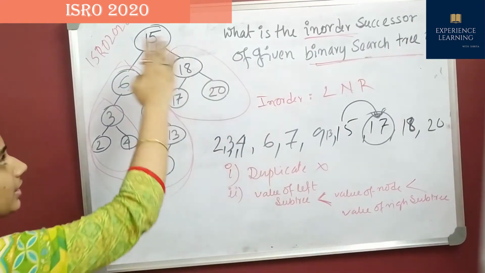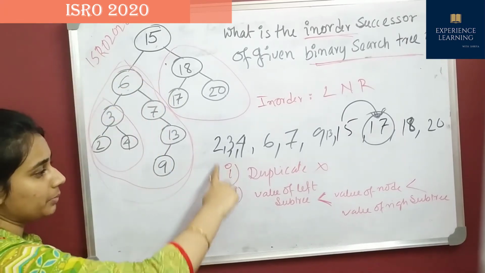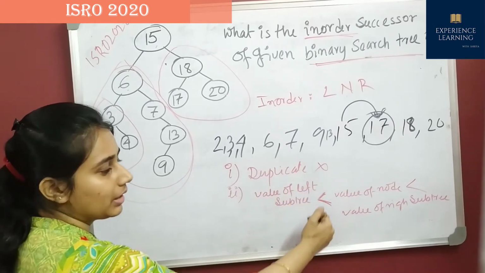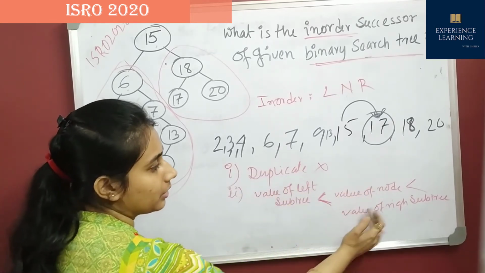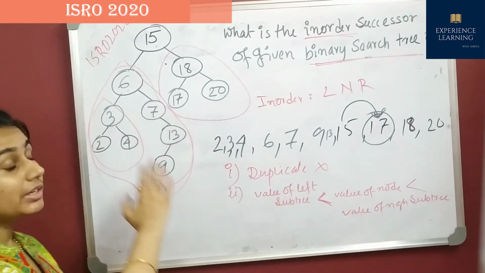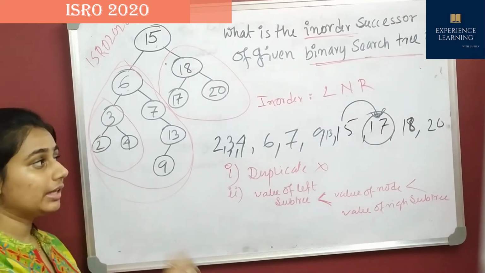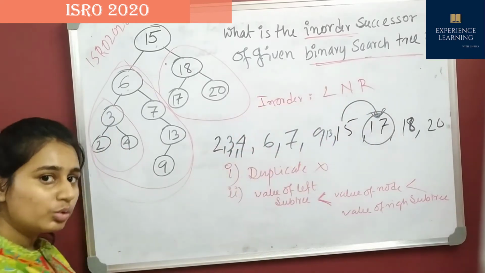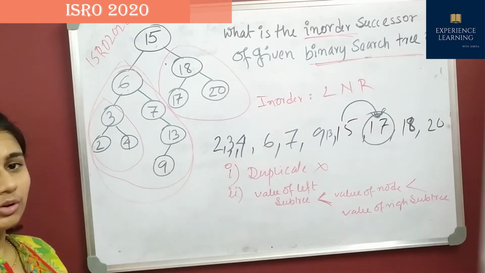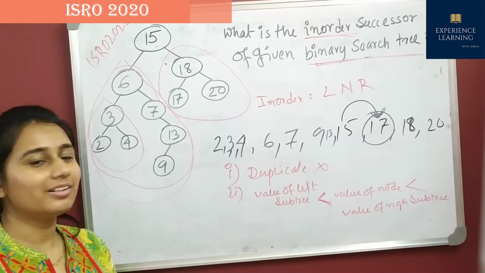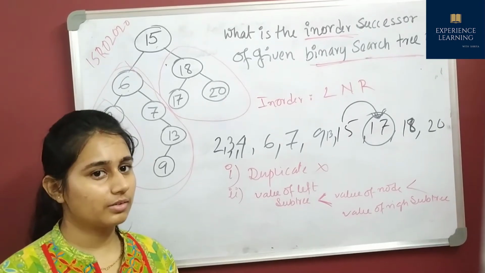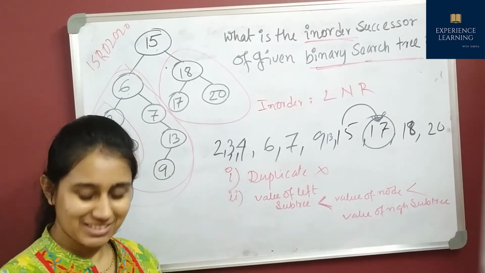As I said, as this is a binary search tree, two conditions hold: no duplicate data, and the value of the left subtree is less than the value of the node, which is less than the value of the right subtree. If it is not a binary search tree, then you have to traverse it, but that is beyond this question. Okay, if you want, comment and I will discuss it later. But for this question, I'm just ending this. Okay, let's go to the next question.